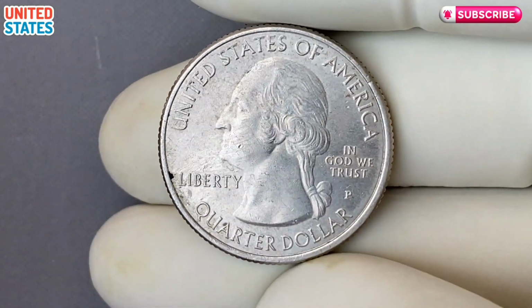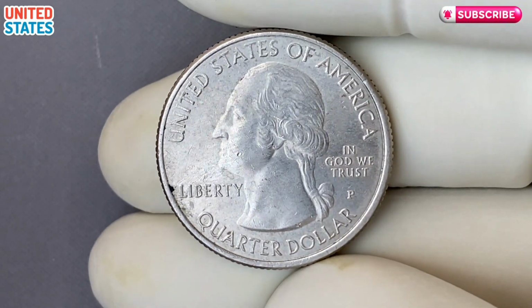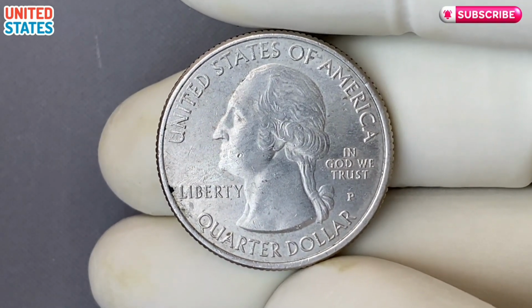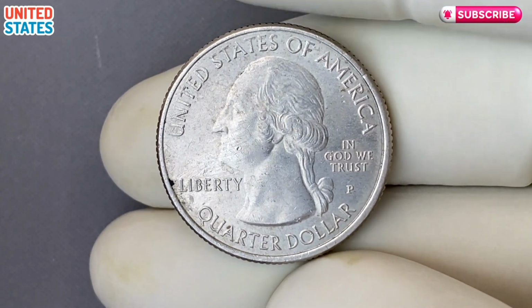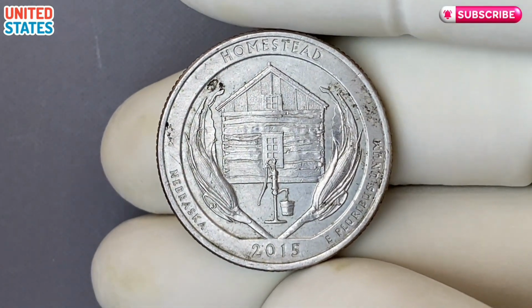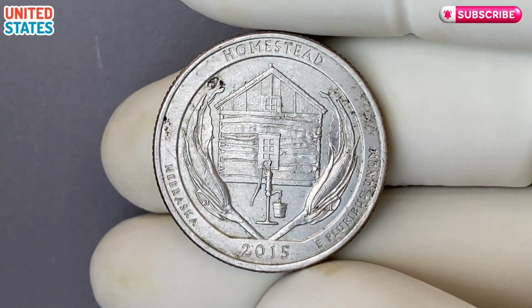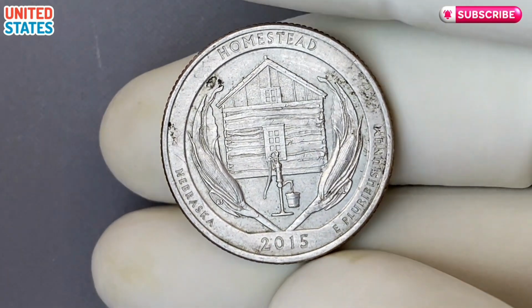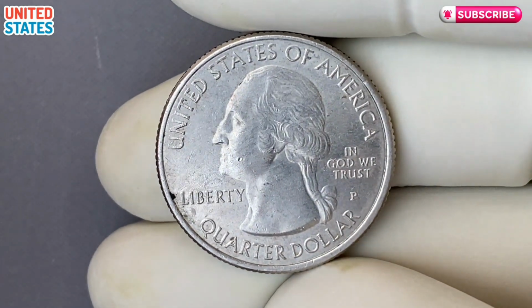And believe it or not, some 2015 Homestead Quarters have a rare minting mistake that could send their value soaring into the thousands. The error we're talking about here is a double die variety. A double die error happens when a coin is struck twice by the same die, and the second strike is slightly misaligned. This creates a doubling effect on certain parts of the design, making the text or imagery appear slightly